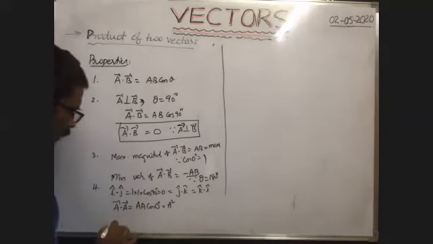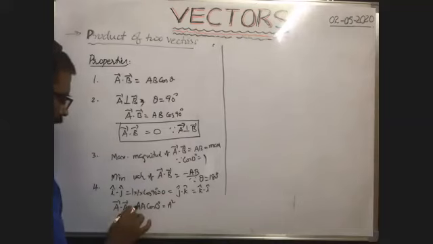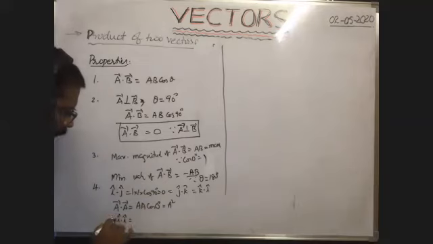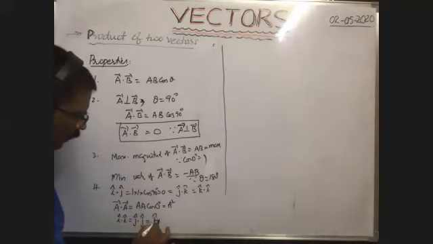Okay. Example, I cap dot I cap. Dot product between two similar unit vectors, I cap dot I cap. Magnitude of I cap means 1. Magnitude of I cap means 1. Both lie in the same direction. That's why cos 0 is 1, so 1 into 1 into 1. That means 1. So dot product between similar unit vectors, I cap dot I cap, j cap dot j cap, and k cap dot k cap, all are equal to 1.